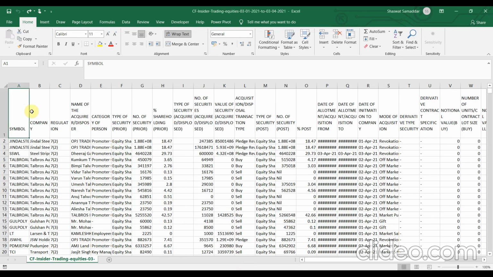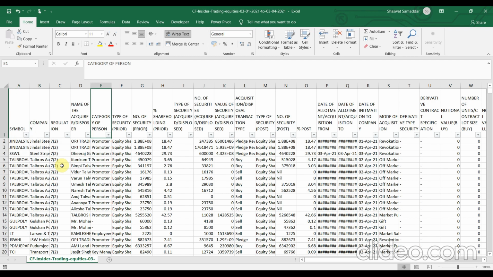Once you open it, it will look something like this. The name of the Excel file represents the date from which to which this report contains the data points. It is from 3rd of January to 3rd of April. Please don't get overwhelmed with the huge amount of information being presented in this sheet. We do not need to crunch each and every detail present in the sheet. We need to apply some filters even before starting the analysis. Let me apply the filters quickly.